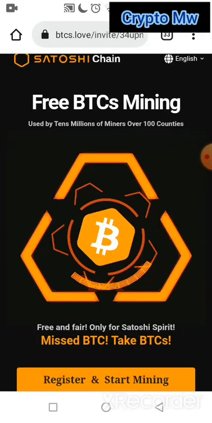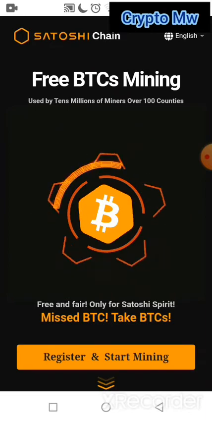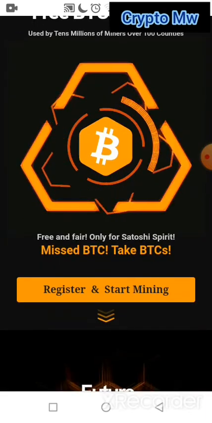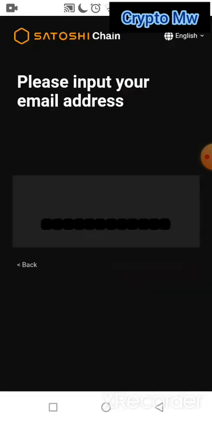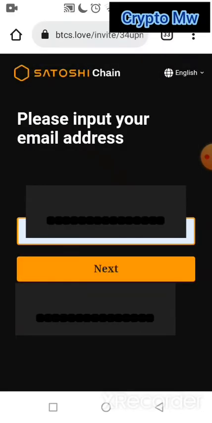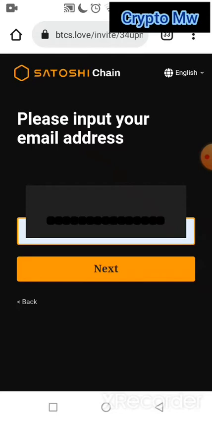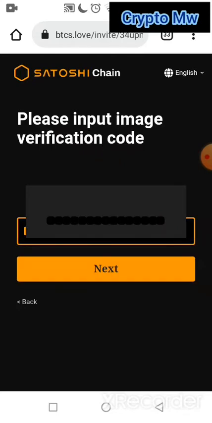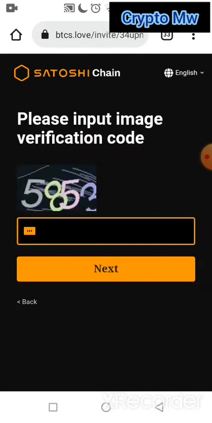Okay, so the next step for you is to register. So click on start mining, start mining, and then you're gonna put your email here. As you can see, I already have my email, so I'll still put it and then click next. But then you also have to do it, and if you do it, you receive a code. You can see there is a code over there, and if you put that code here,